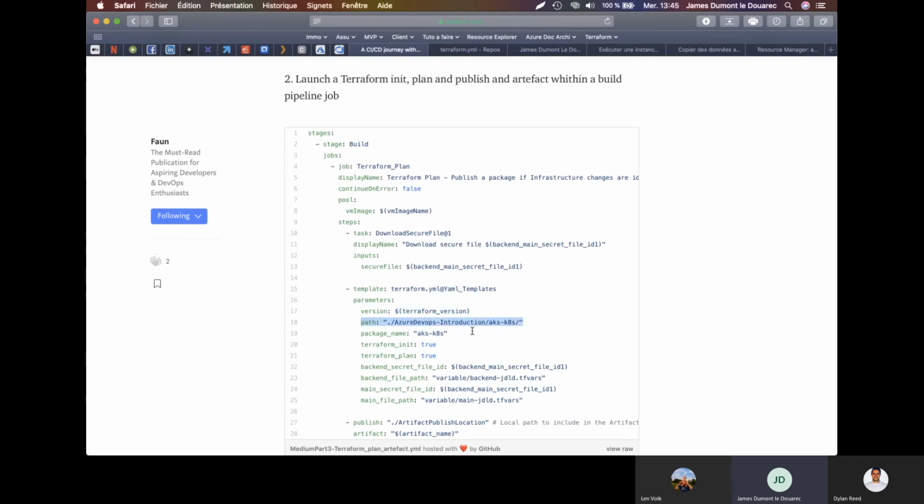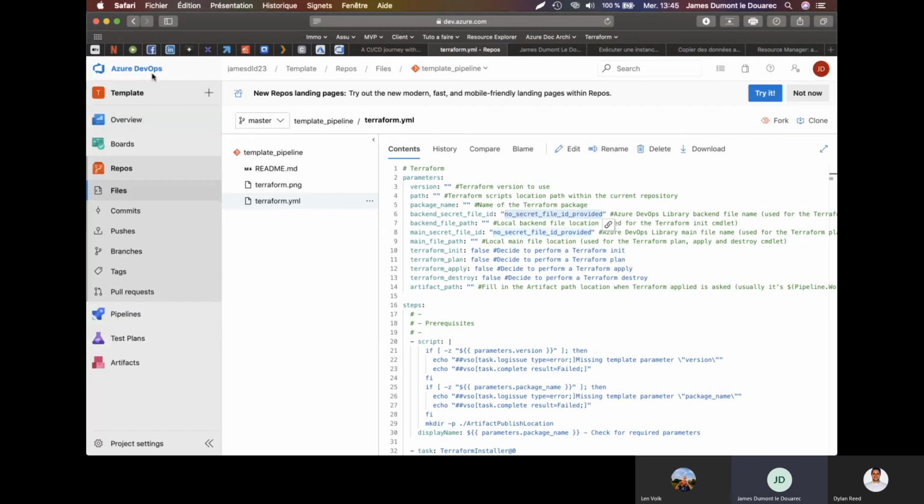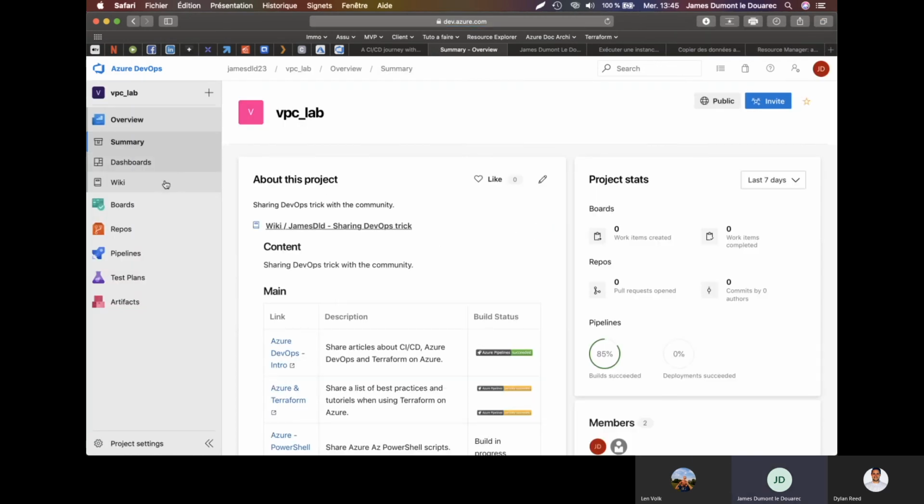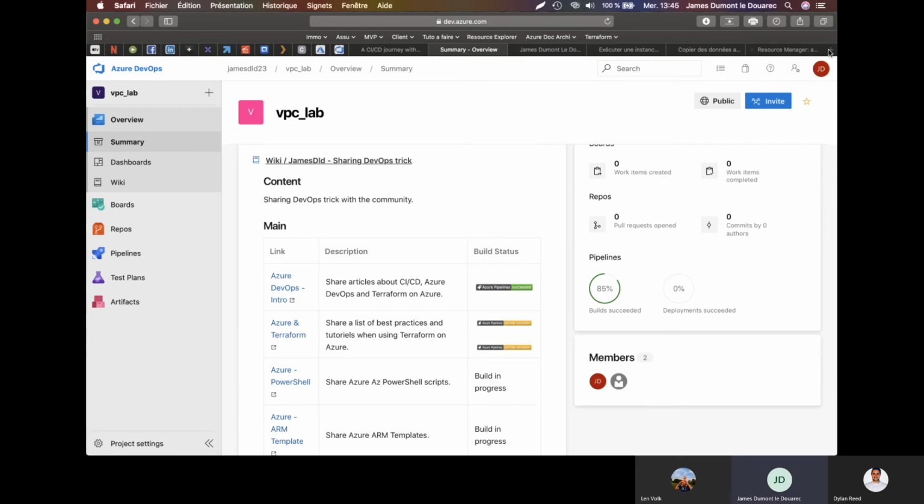In the path here, I just write down the path where the pipeline will execute the Terraform commandlet from my repository. If you have a look at this path, actually, it's on the other project, which is called VPC Lab, and here, oh no, sorry, it's on my GitHub.